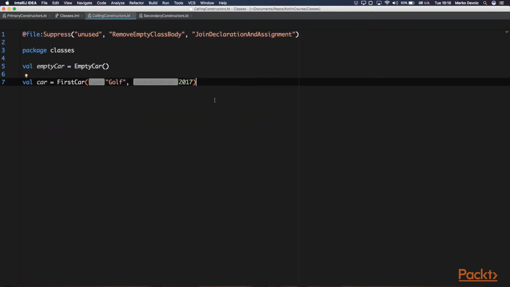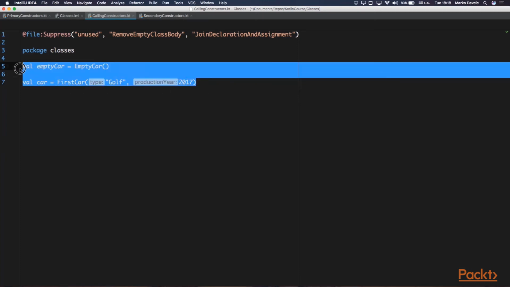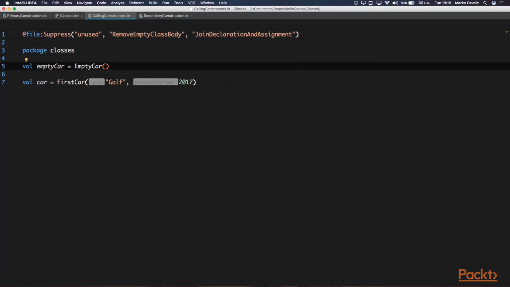Finally, let's take a look at how constructors are called in Kotlin. Here I have two examples. I'm calling an empty constructor, and in the second example I'm calling a constructor with two type parameters. And you can see that unlike with Java, which has a new keyword, constructor calls are the same as method calls in Kotlin. Okay, now that we know how to declare classes, how to define primary and secondary constructors,